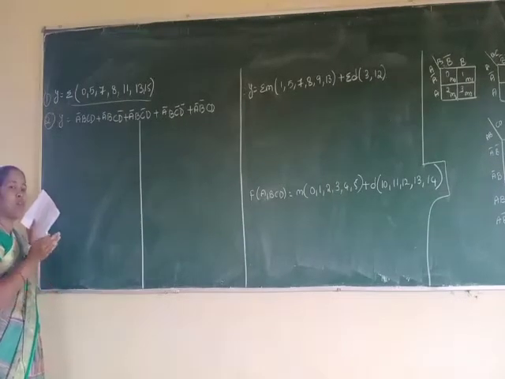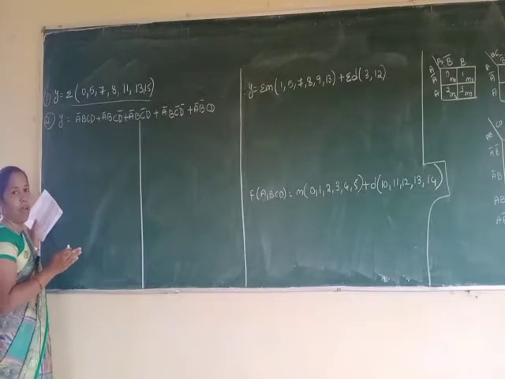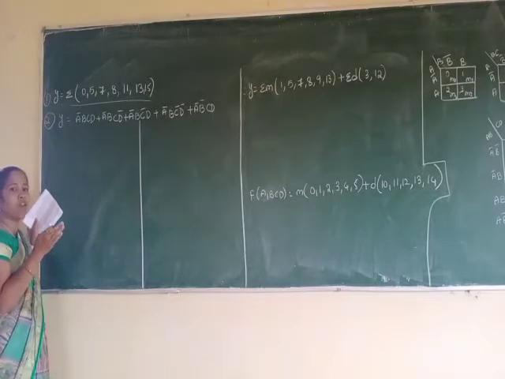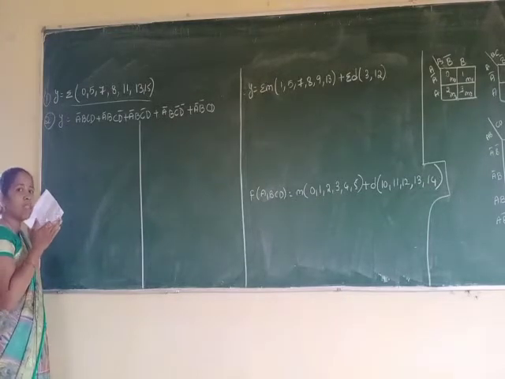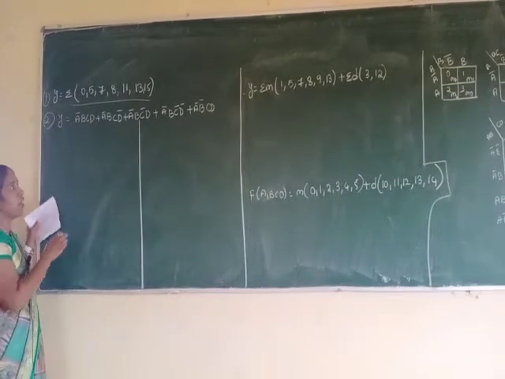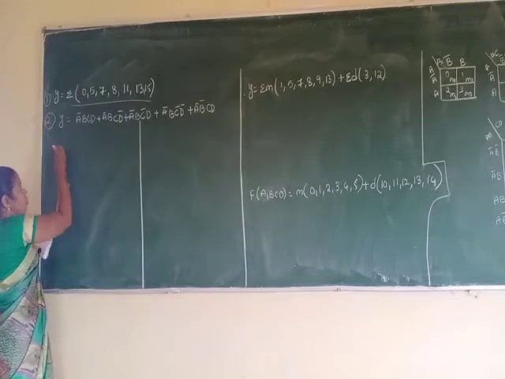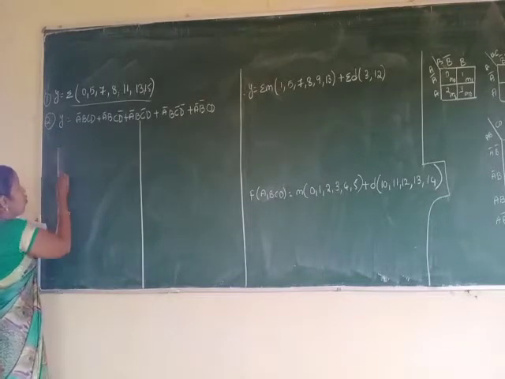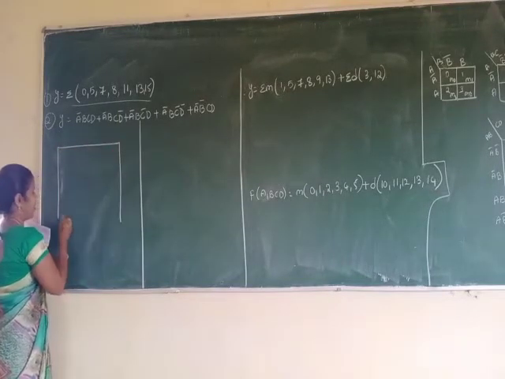15, right? So we know that a 4-variable K-map includes how many cells? 2 to the power of 4, that is 16 cells. So from 0 to 15 it is going to take. So how many variables am I going to plot here? The K-map, that is a 4-variable K-map. So 4 variables, 16 cells, right?